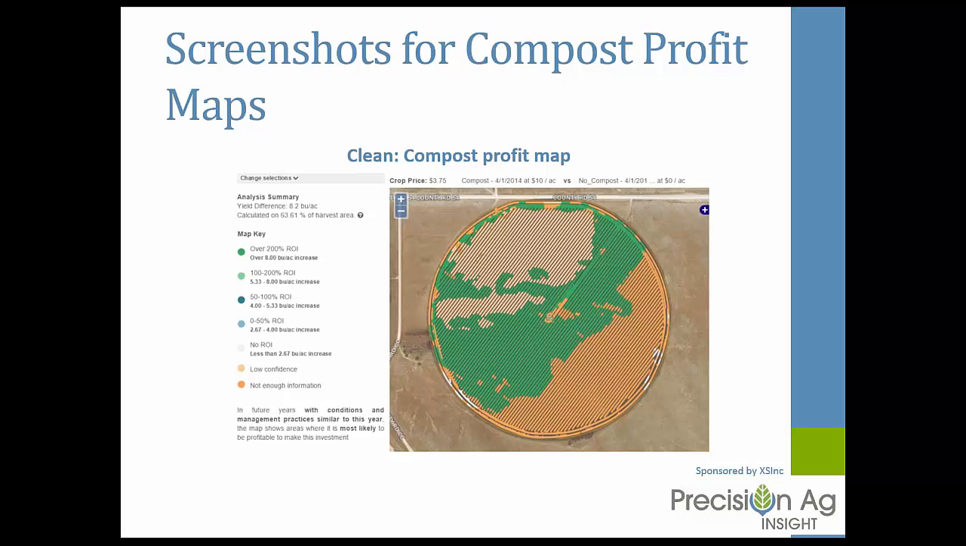you'll notice that all that blue area and light green area turns to the dark green, which is over 200% return on investment. If you recall, it was only a 2 bushel yield difference between that. So we're doubling. Basically, the clean data would suggest we're getting over a 200% return on investment on at least a third of that